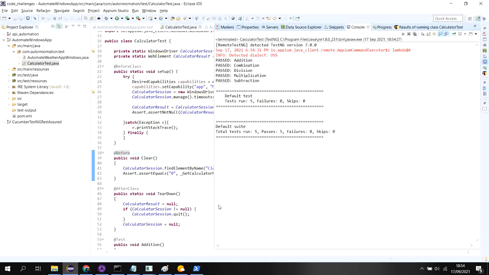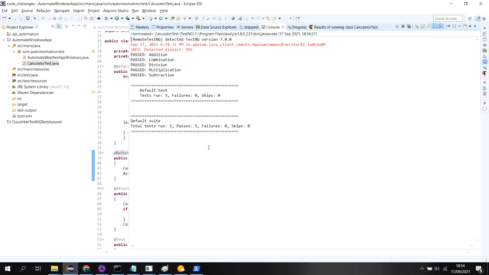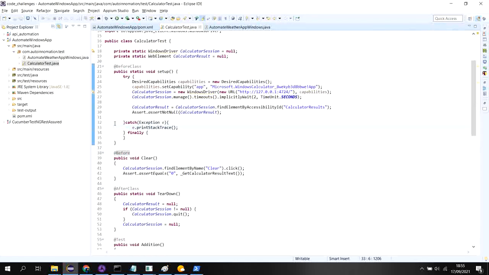So all got passed, so you can check that one. Now this was the way, a simple app, how to automate a simple app for Windows.